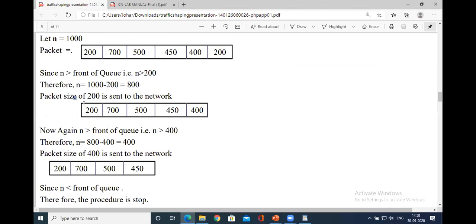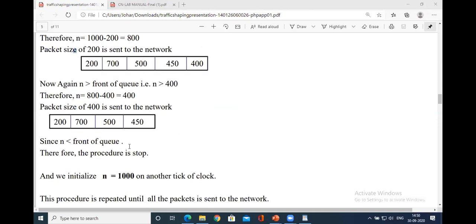Clear? Now again, n is greater than the front of the queue. That is, n greater than 400. Yes. Again, 400 is sent. 800 minus 400, 400 is left. So this is just to understand the concept.